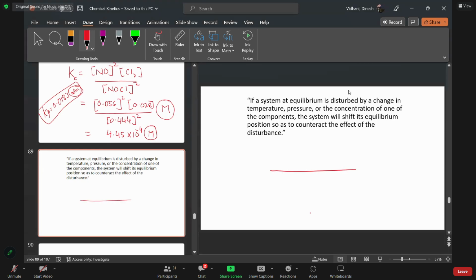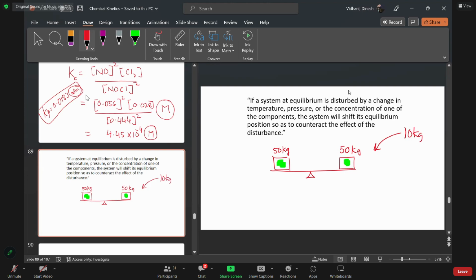Suppose at equilibrium. So think about equilibrium as a seesaw. Suppose at equilibrium you have 50 kilograms on left, and let's say 40 kilograms on right. Suppose we have that kind of equilibrium. Instead of doing that, since we have exactly the center, I will just keep it at 50-50. So suppose I have weights which are 50 kilograms on left, 50 on the right at equilibrium. Everything is balanced. Now, if I add from outside 10 kilograms on the right side,